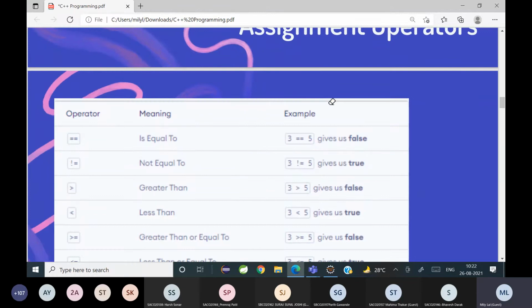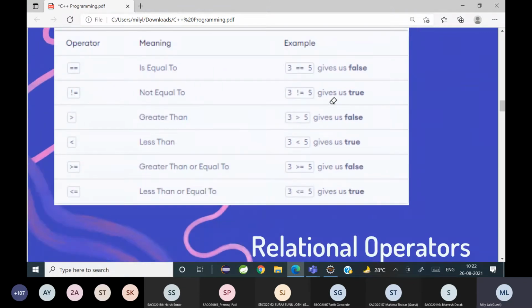Next is, now here you get to see the relational operator. So like somebody right now asked me, what is double equal to sign? So can you see that when two equal to sign is used, it's called an equality checking. It's actually checking the relationship whether both values are equal. यहाँ पे असाइनमेंट नहीं होते, मतलब कॉपिंग नहीं होते फ्रॉम राइट टू लेफ्ट, यहाँ पे चेकिंग होता है. जैसे is 3 equal to 5?